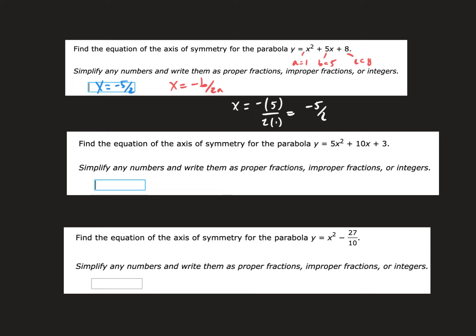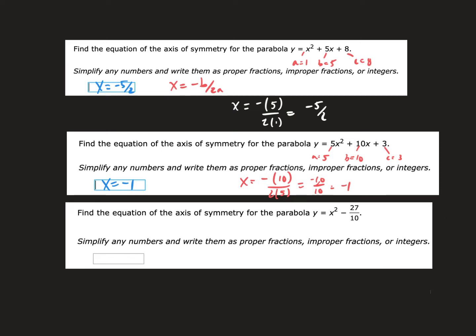Look at the next one. A value is 5. B value is 10. Again, don't need C, but there it is, 3. So x equals negative b, which is 10, over 2 times a, which is 5. So we have negative 10 over 10, which of course is negative 1. So over here, I just type in x equals negative 1. Boom, all done. And last one,